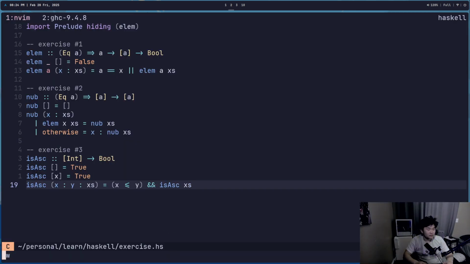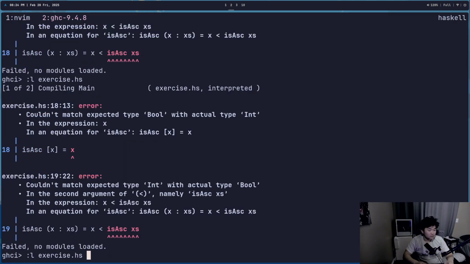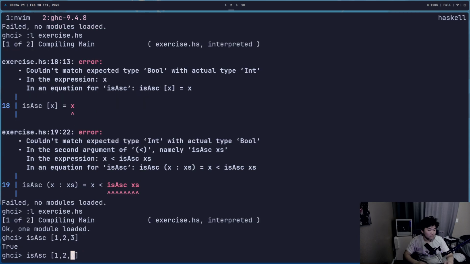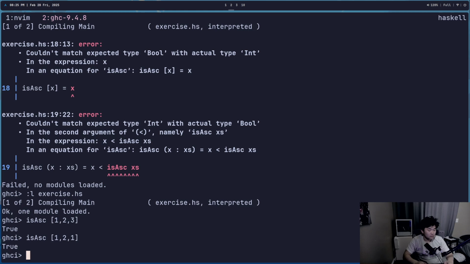This can be done with 3 patterns, and those 3 patterns maybe look a bit weird because we haven't explicitly talked about the third pattern. Let's look at the first 2. Well, if there are no elements in the list, or if there's 1 element in the list, it has to be of ascending order. But now we have this other pattern that